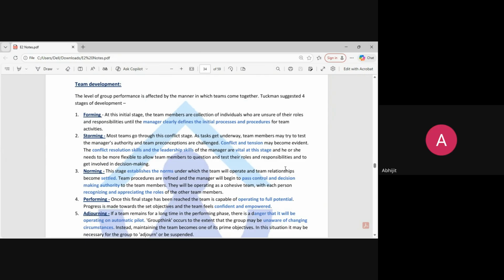Okay. Misbah, we can add one more point after forming, like goal setting, because once the team is forming, the manager should set the goal or objective during the year. Then he can do the brainstorming on that. So, can we add one more point on second, like goal setting or objective setting? Maybe I think it can be part of forming or storming, because in both of that we have to do the goals. The goal should be clear. Then only we are changing the roles.